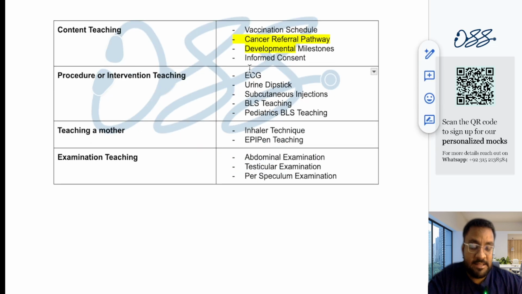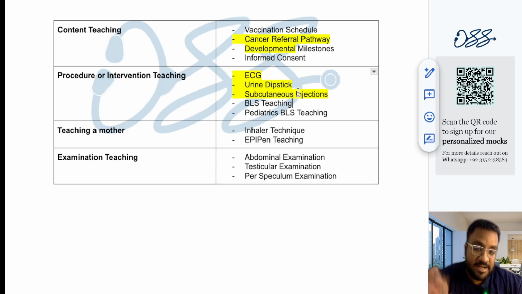Okay, and then you can do this in the ECG teaching, in urine dipstick teaching, in subcutaneous injection. And how you can do that for the ECG, you can just talk about MI, that if somebody has ST elevations, then they need to be sent to the A&E, given morphine, oxygen, nitroglycerin, and a blood thinner medication called aspirin. And they may be seen by the cardiologist, and they may want to do something called an angioplasty, in which